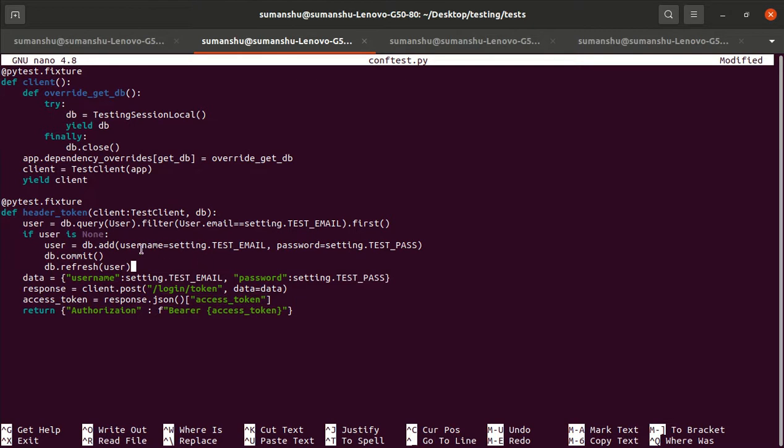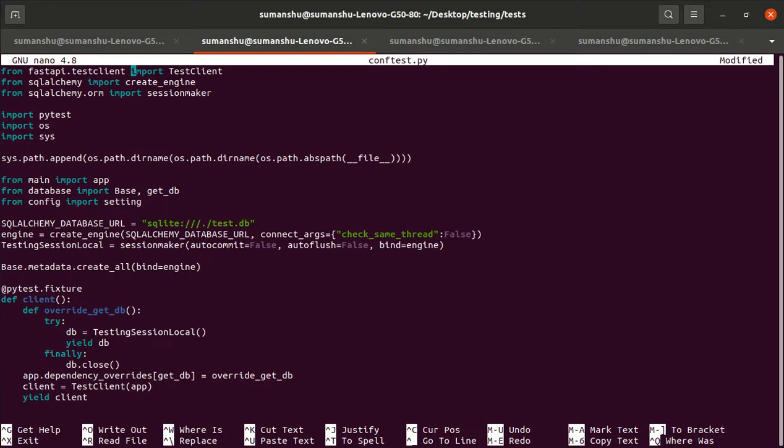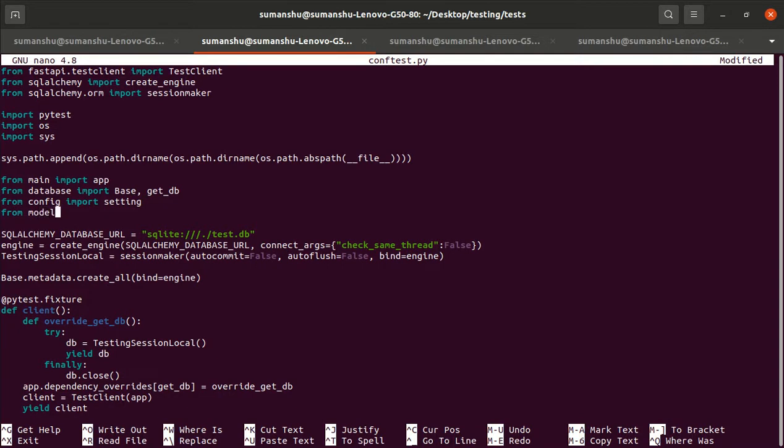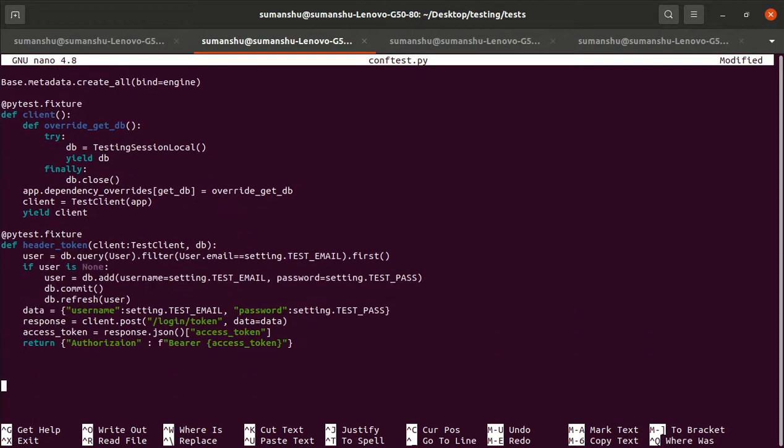But since we are querying the user table, we have to get the user from models as well. Import user and any other thing.